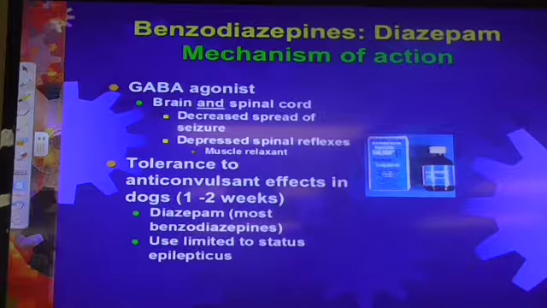I told you can't use it chronically. 2 reasons. In the dog, they develop tolerance. Every benzodiazepine, save maybe chlorazepine, dogs will develop tolerance. The drug just stops working, and so we cannot use this drug long term. You can send it home in a syringe for a client to give it in an emergency situation, but if you use this drug every day, dogs will develop tolerance to it.